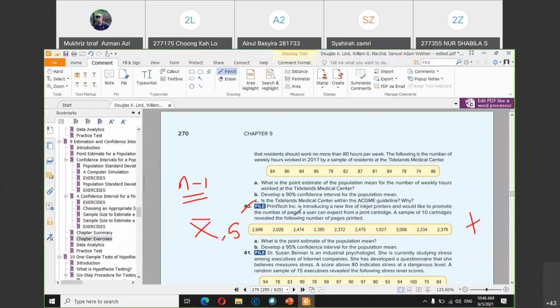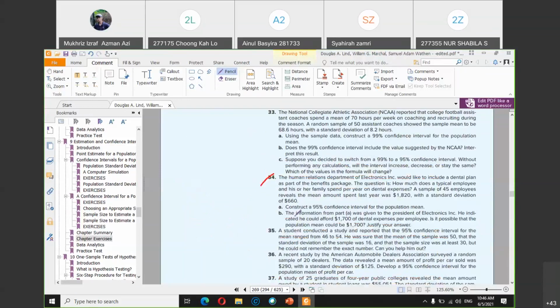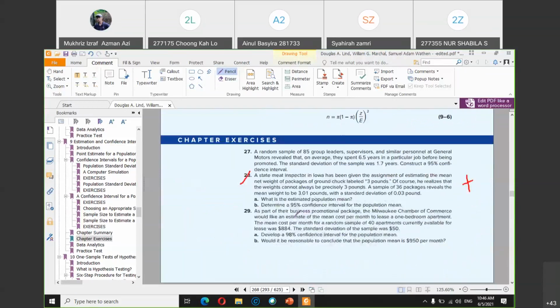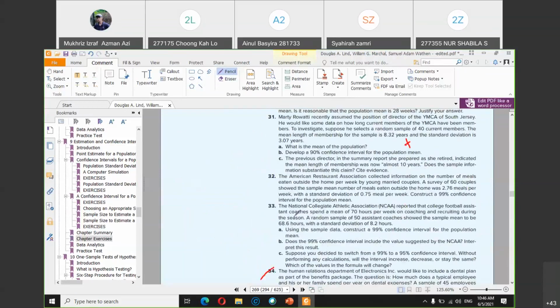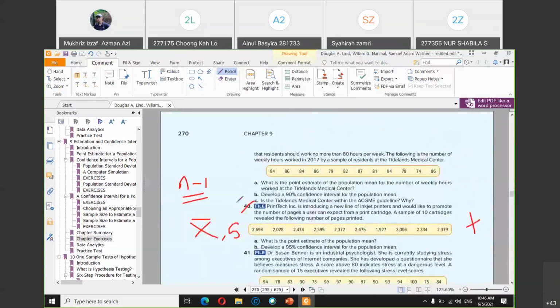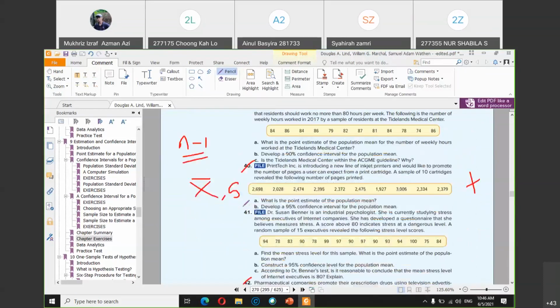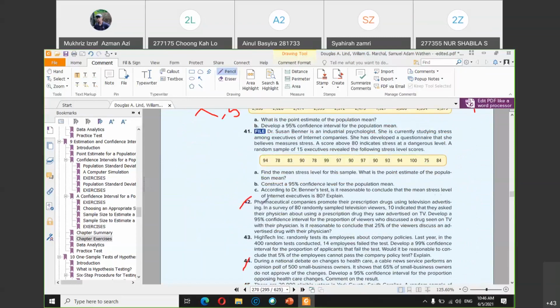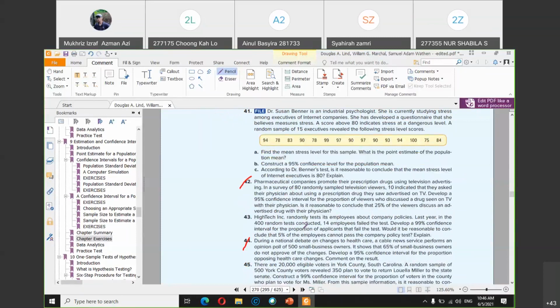So altogether, there should be six questions, if I'm not mistaken. So 28, 30, 34, and then 40. These four questions are all T distribution. And then the last two will be 42 and 44, which are on the proportion, or the Z distribution. Okay, so I think that's it for